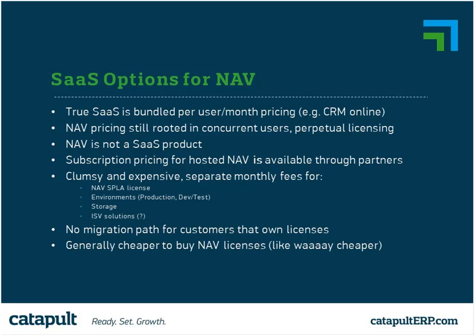However, it's very clumsy, and I don't believe it's economical, except in cases where there are a very small number of users, like less than 5. As well, there is no migration path for customers that own licenses. So if you have perpetual licenses, if you own your licenses, unless you were not on maintenance for quite a long time and you were looking at, maybe you're on NAV 5 and you've stopped paying maintenance for many years